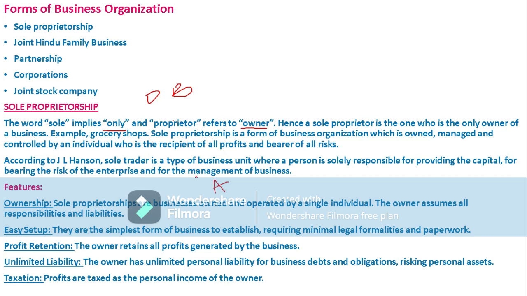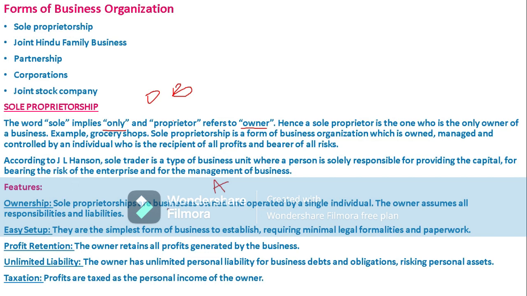If we take another example also, the Coca-Cola industry, we all know that. It started as a sole proprietorship but became a public company in 1997. So likewise, we can say many examples. Initially they started as sole proprietorships, and afterwards they turned into public companies. Okay, now what would be the features of sole proprietorship? Features means, if we see the first one, ownership. So what does ownership mean?